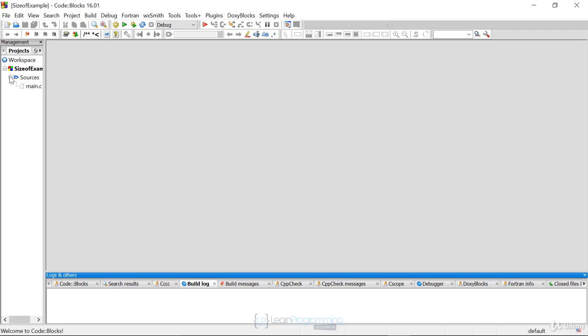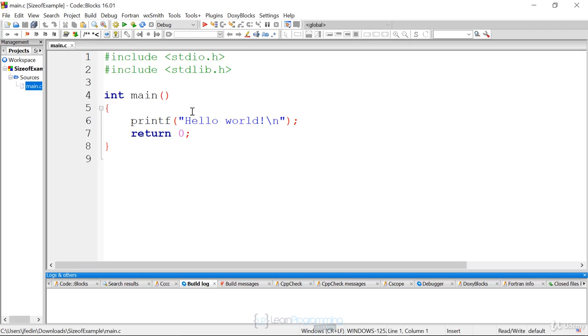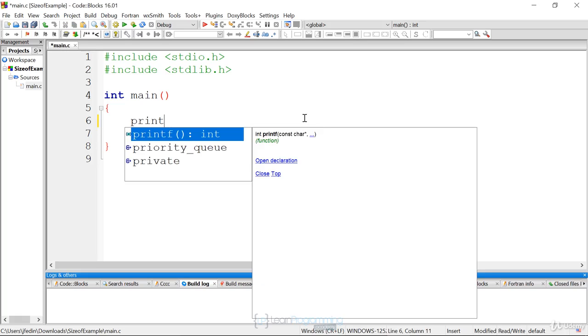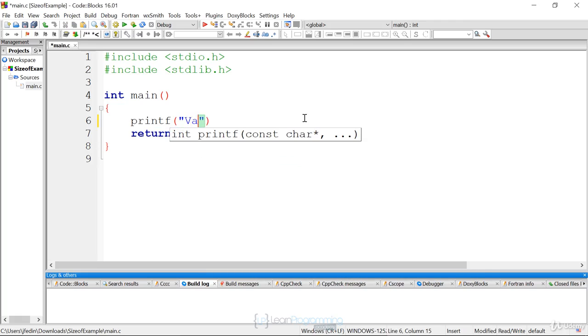Okay, and this is going to be pretty easy, really. It's just going to be using printf statements to display certain data types. So I'm just going to not even create any variables. I'm just going to print out some data. So here I'm going to say variables of type char occupy %